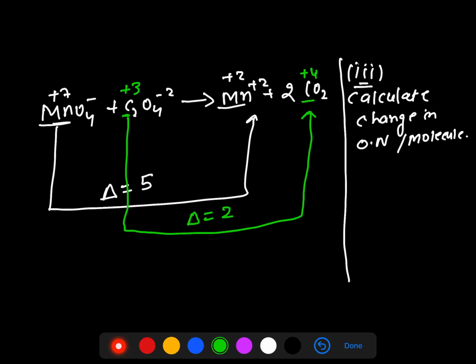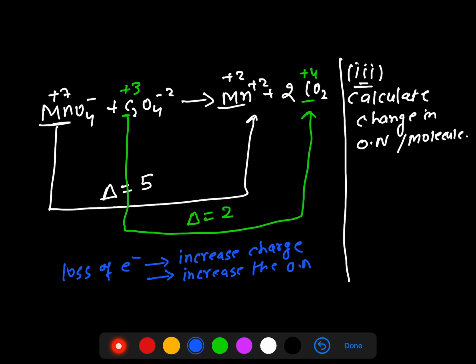Now what do we understand by the change in the oxidation number? That is important to understand, right? Okay, so loss of electrons will increase the charge. We know that it will increase the charge, or we can also say that it will increase the oxidation number, right? And gain of electrons will decrease the charge, and so it will decrease the oxidation number also,